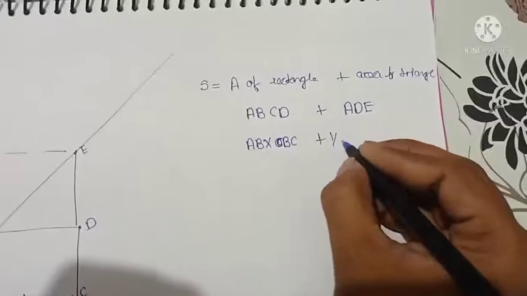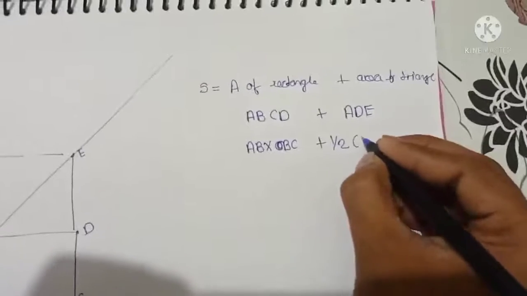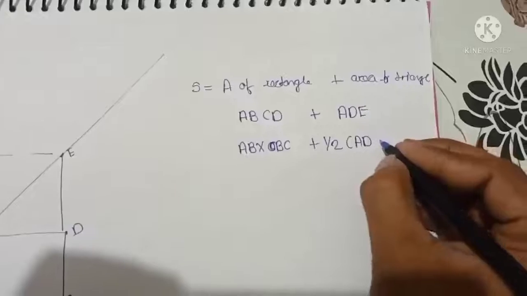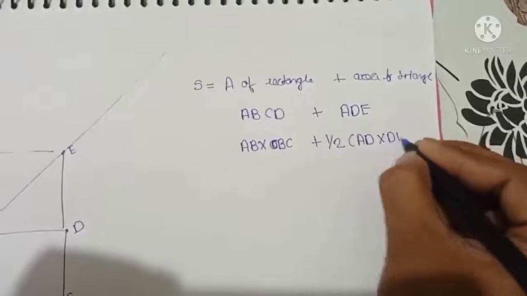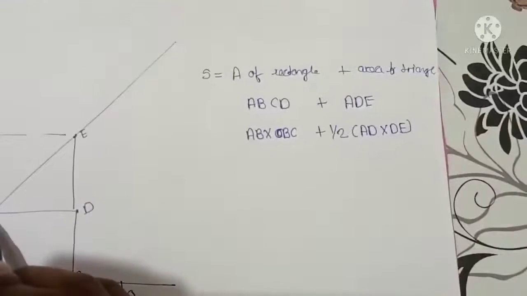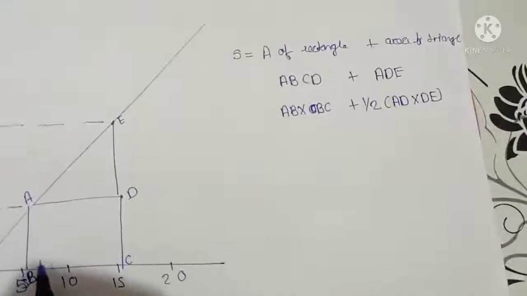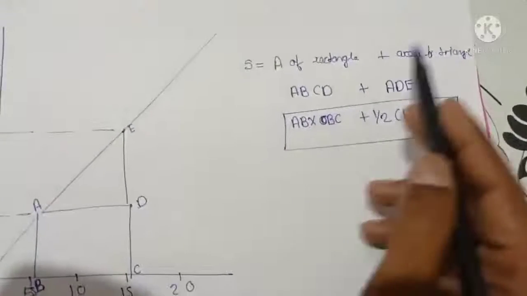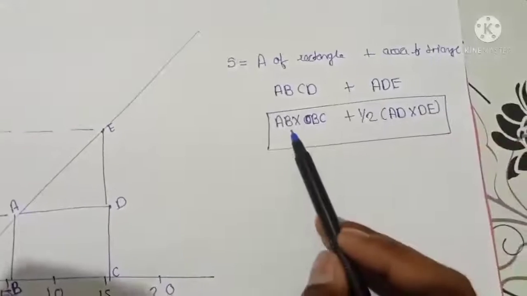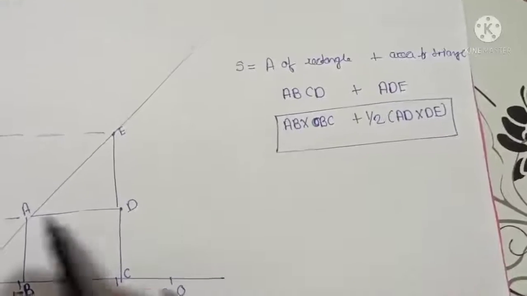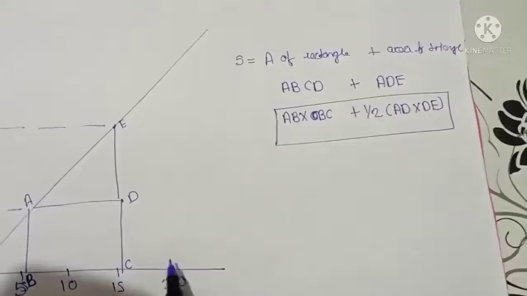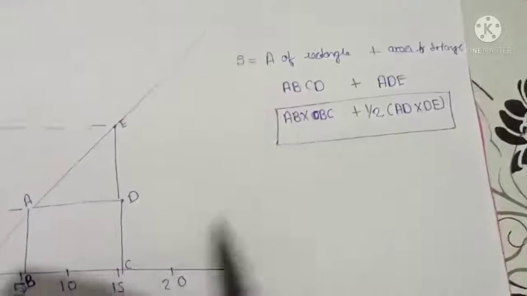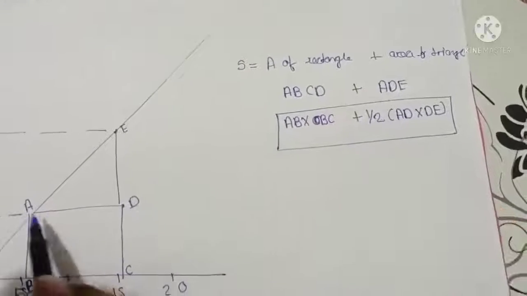half into base into height. This is the base and this is the height, and here this is the length and this is the breadth. So here is our third formula, that is area of rectangle plus area of triangle, that will be AB into BC plus half into base into